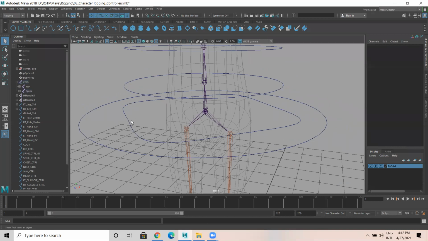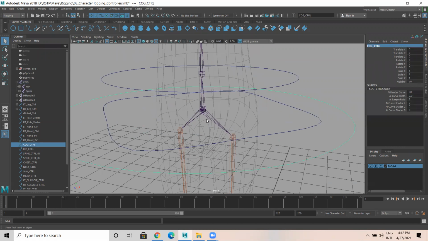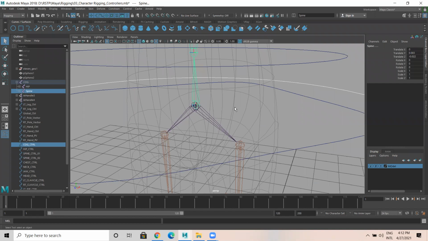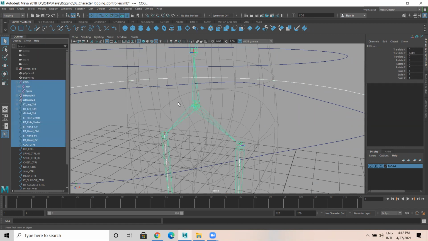So next part. This is the main one. This is a cog. Select the cog controller and shift select the cog joint so that it controls everything.